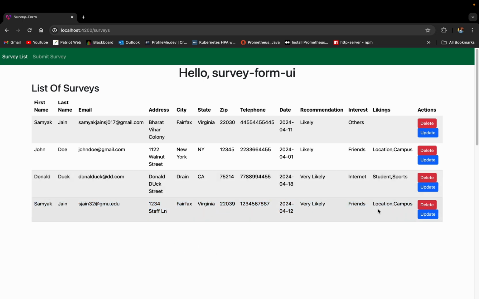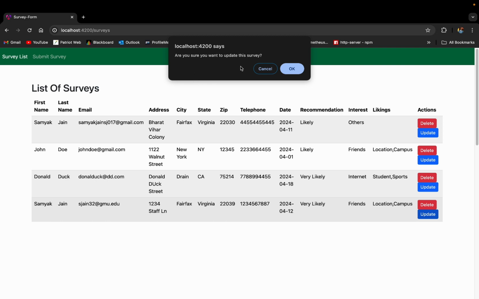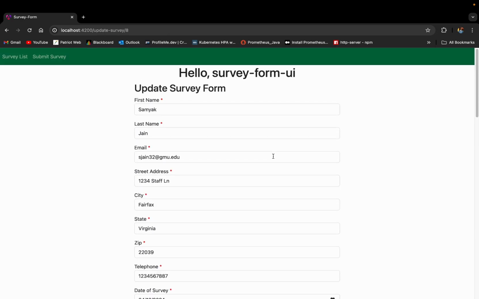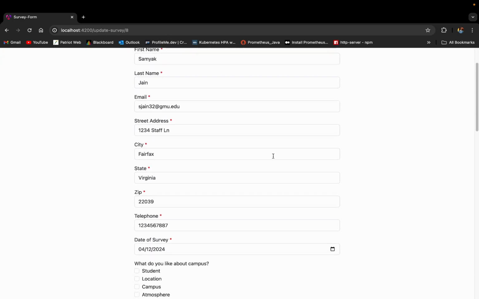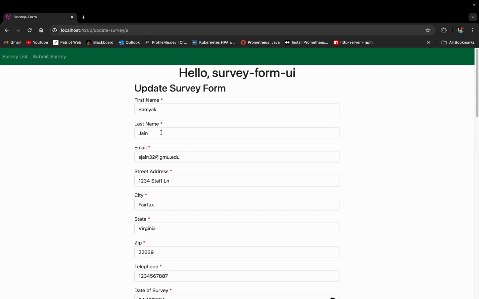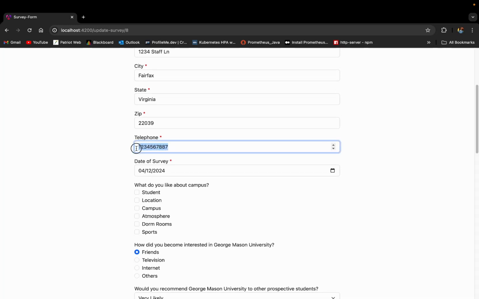Now if I want to update this form, I will simply click on update form. It will give me a prompt to make sure that I want to update this form. If I click OK, you can see that it gives me a pre-filled form, and I can simply delete and give it another email, or whatever I want to give. For example, I give this email as abc@gg.com, and if I want to change my telephone number,